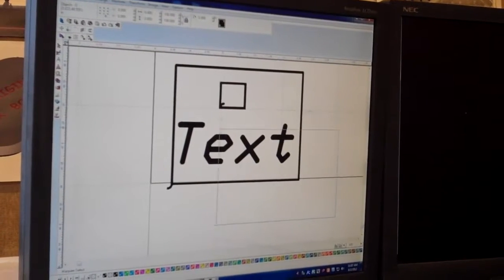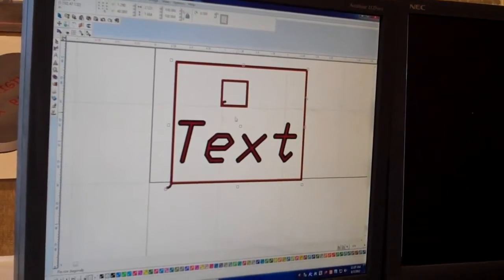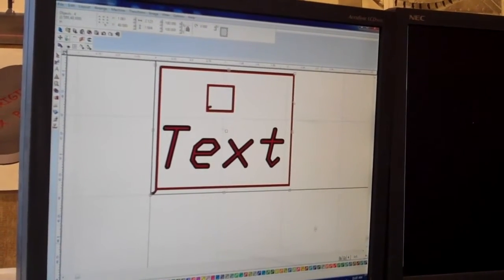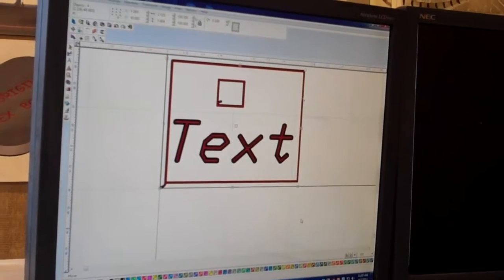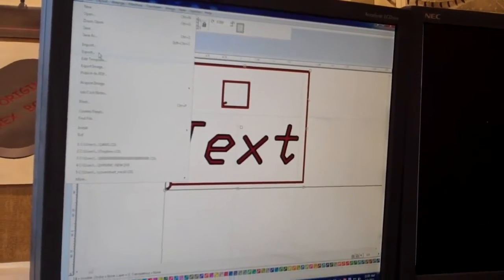Now what we want to do is make sure that this thing is starting at the origin. Since we have a lead-in at the lower left corner, we want to place that right at the origin, and it'll snap in place if you have everything selected. Now, again with everything selected, we want to go Export